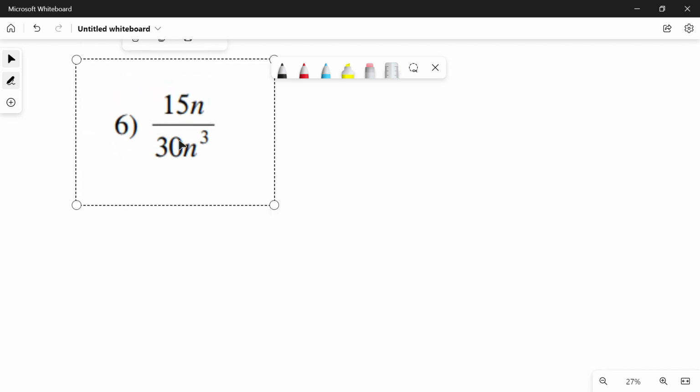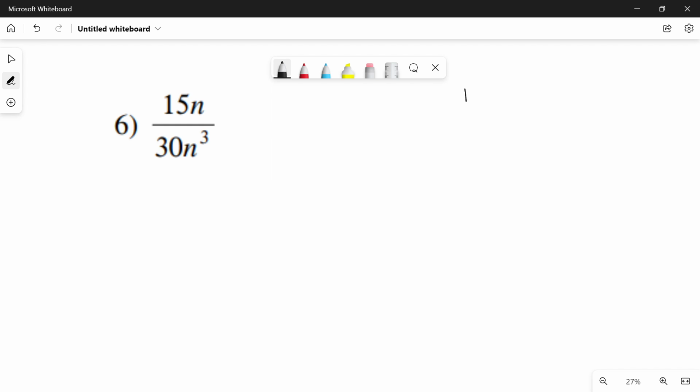So I've got to think about what this is, right? So this is what we call a rational expression. And it gets the name rational because it is a ratio, which means fraction, right? So what do I have? I have the number 15n. So what happens with rational expressions is what's on the top is all being divided by what's on the bottom, right? So this would be 15n, and it's being divided by 30n